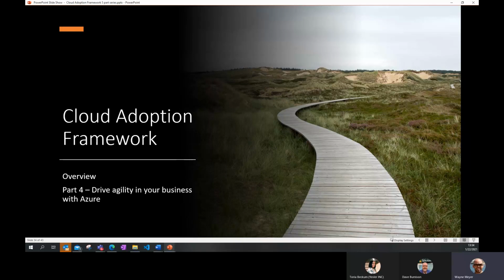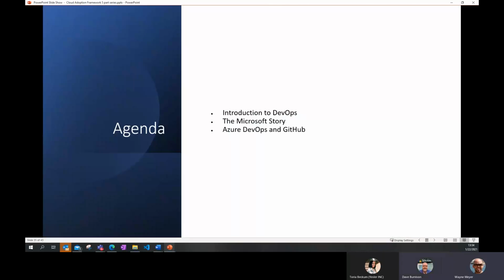Part three, we spent our time going through operations and management, and spent some time with Vlad talking through that management and the operations pieces of it. And now in part four, we're going to be spending time with Dave Bernison. So I'm really happy to have him here. We're going to be walking through building out Azure pipelines, or at least GitHub pipelines and GitHub Actions and so on. And so we'll walk through some of that.